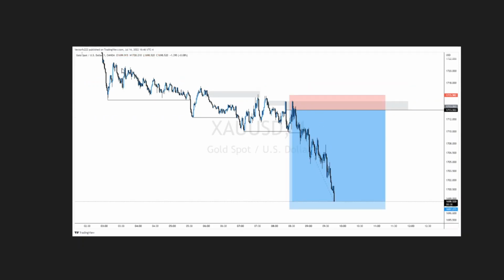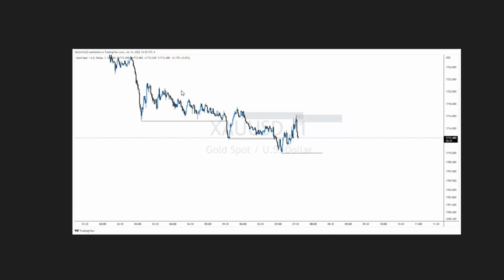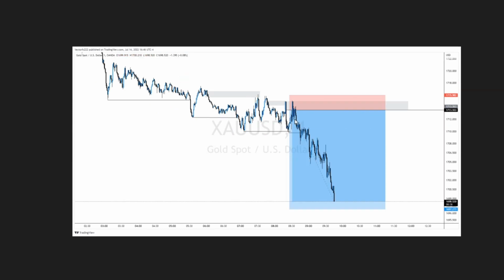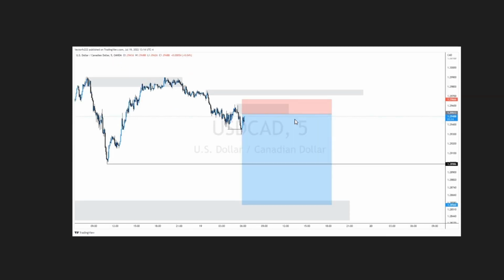So we just followed the bearish order flow, nothing fancy, nothing complicated, just lower low, lower high forming. Once the highs are intact, then we know that price is still in the bearish order flow. Took our entry from that zone, mitigated it, and then it was a nice one. Our last trade was